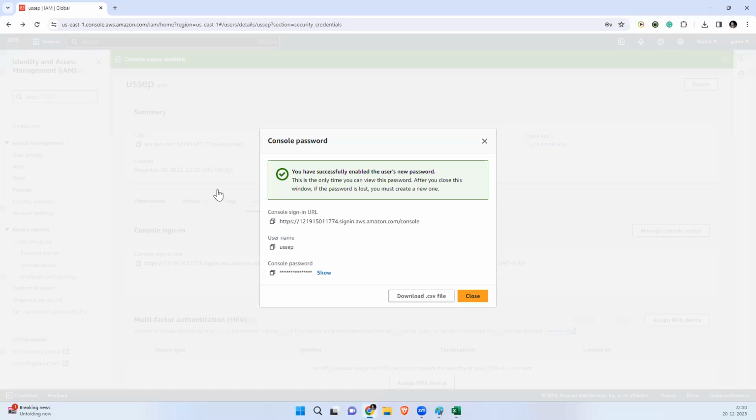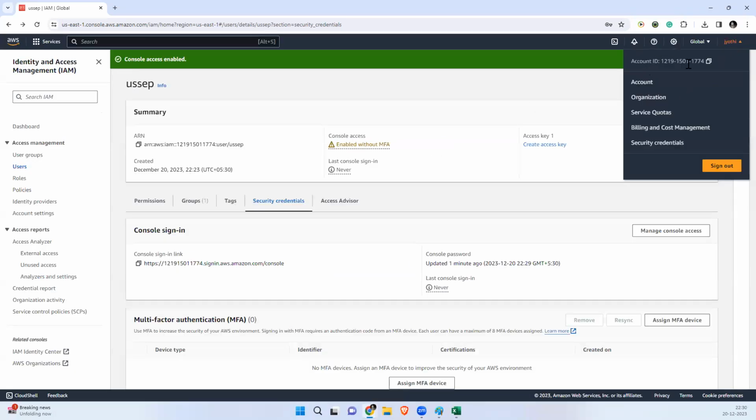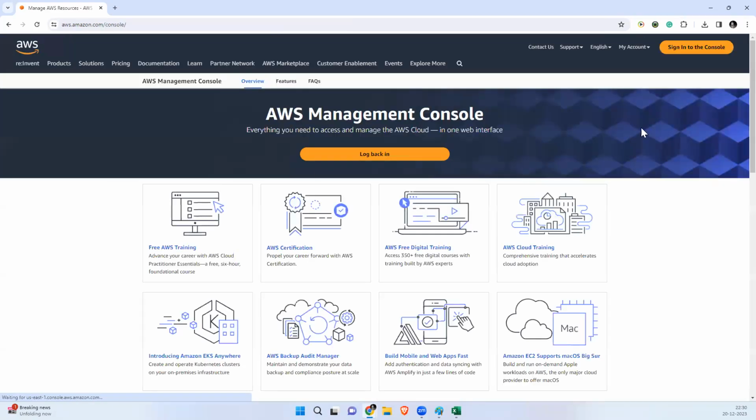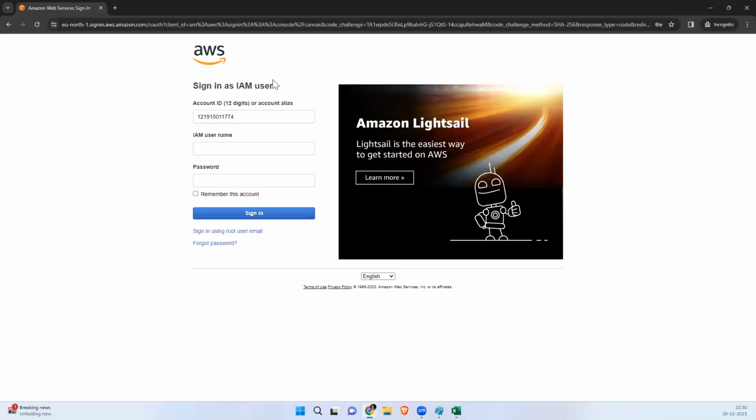You can sign in as a root user, but here we sign in as an IAM user.